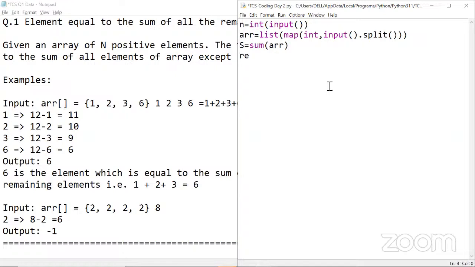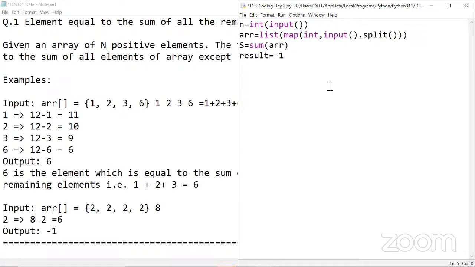So I set the value of result as -1 initially. If I find any other element with the same condition, I'm going to change that value. If I do not find any element, -1 will be printed on the screen. That is the reason we have written result equals -1.